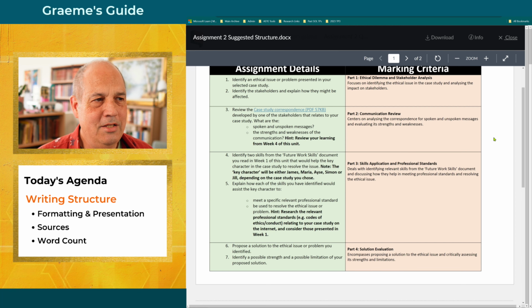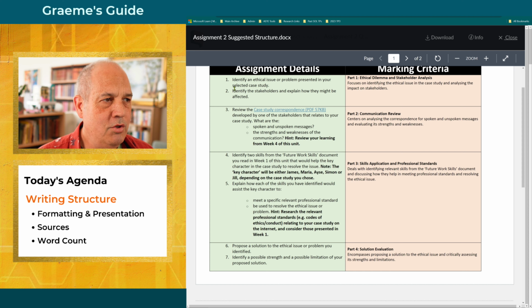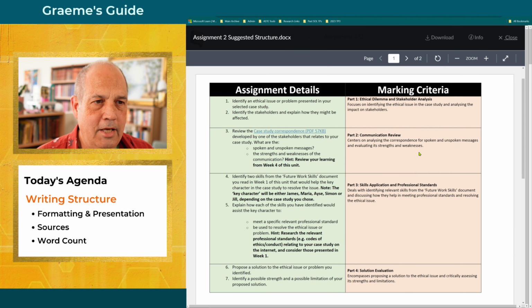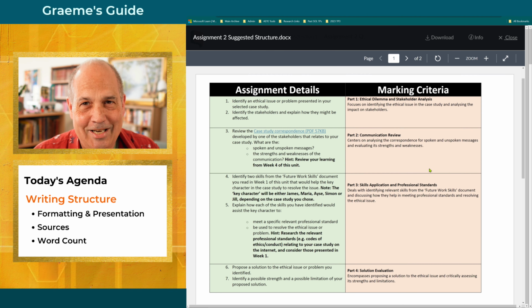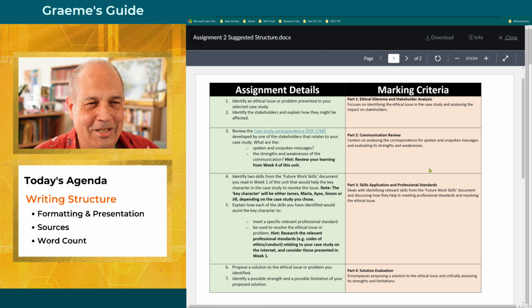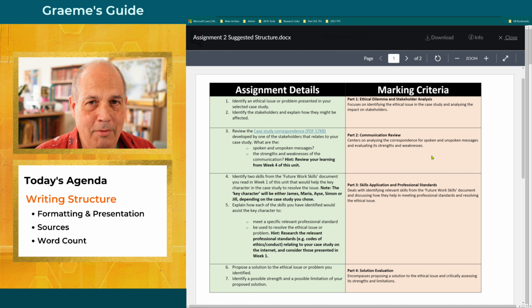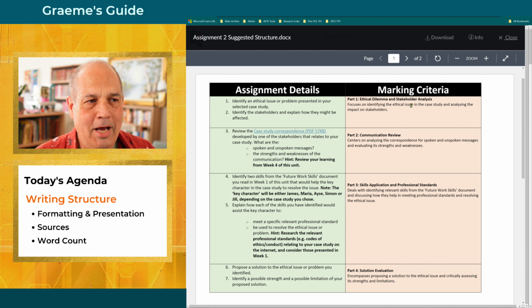This is from the questions in the assignment brief. There are those 7 questions that need to be answered, and I've suggested structuring your essay, not your essay, I've just said it's not an essay, structuring your assignment into 4 parts. You won't have an introduction, you won't have a conclusion, you'll have 4 parts, each part made up of either